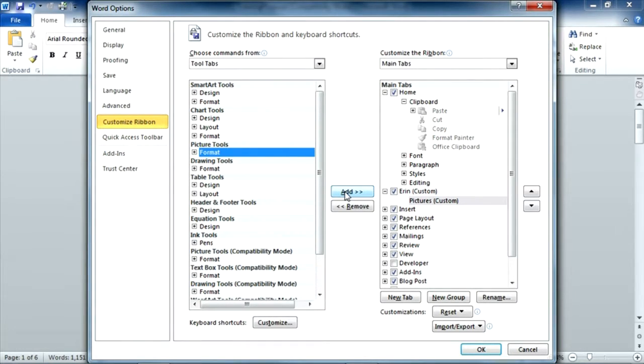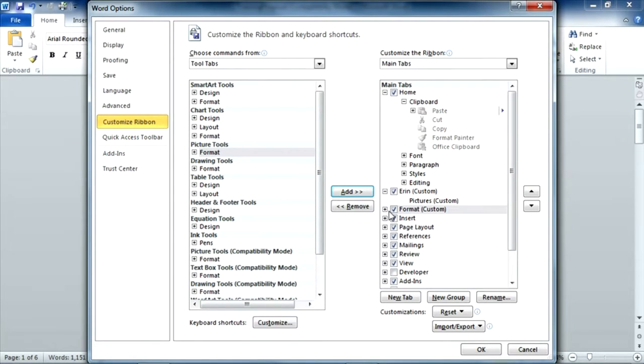design. Currently, I have the Pictures group of the Custom Errand tab selected on the right. We'd probably assume that my new entry will be added to or below the selected item, in this case to the Pictures group of my tab. When I click Add, though, Picture Tools actually gets added as a first-level feature or an actual tab in my